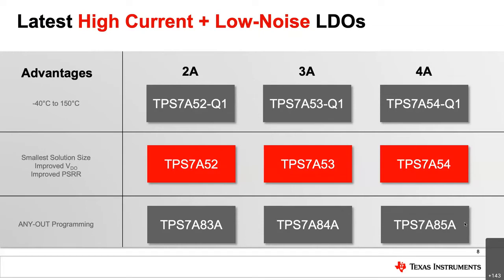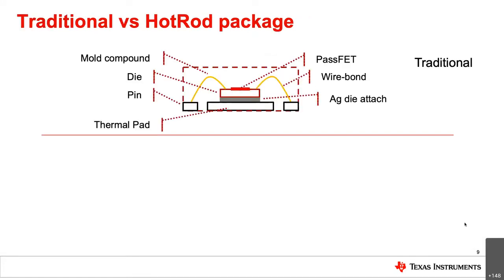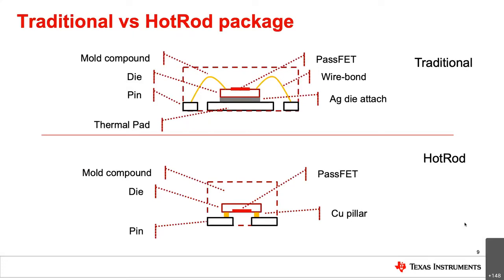With the TPS7A5 family, we've decided to make improvements listed here from these devices, so improved dropout, improved PSRR, and similar performance to that of the TPS7A8 in a smaller size. Now, you can see here a comparison between a traditional QFN versus our hot rod or enhanced QFN package. Thermals is one of the most common challenges we face as power engineers. There's generally a trade-off between size and thermal dissipation to the point where it may not make sense to reduce overall system size, only to find that it fails multitudes of tests due to the thermal performance suffering.